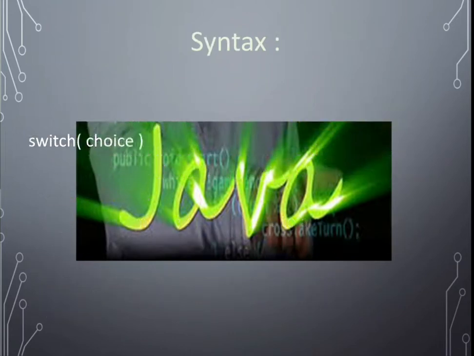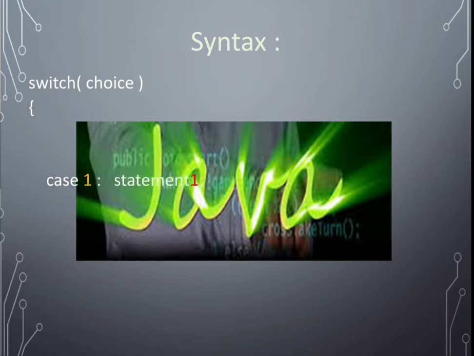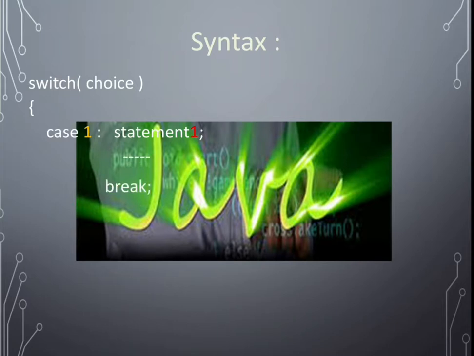In C, in the syntax, we write switch, with s small, because it is a case sensitive language. Java is also case sensitive. Inside the brackets we write the choice. We use curly braces to show where the switch begins and ends. Then we have case number 1, case number 2, and in this way, each case has some statements. We can have statement 1, 2, 3. It's up to us how many statements we place inside case number 1.